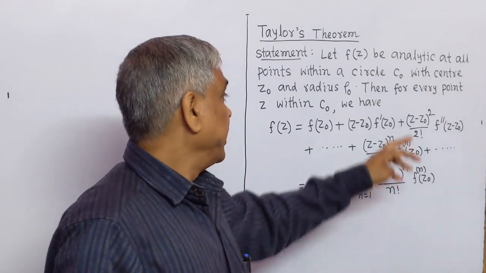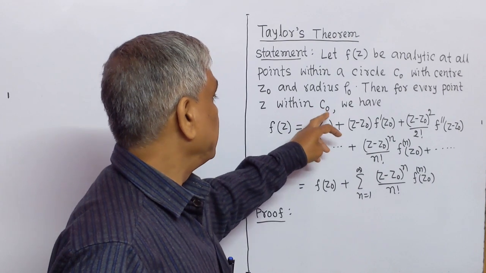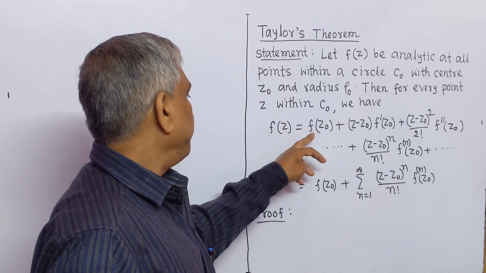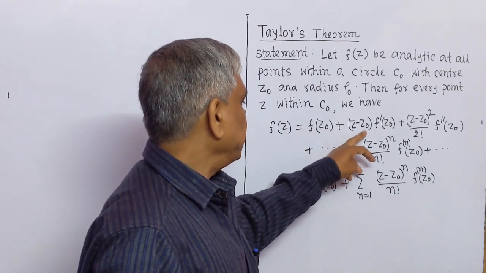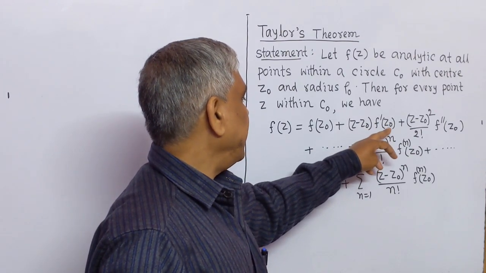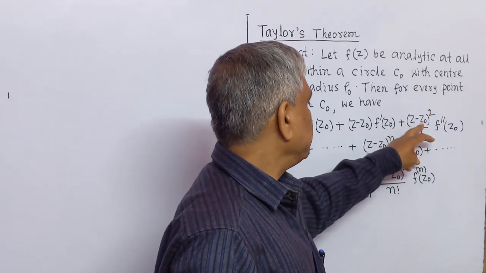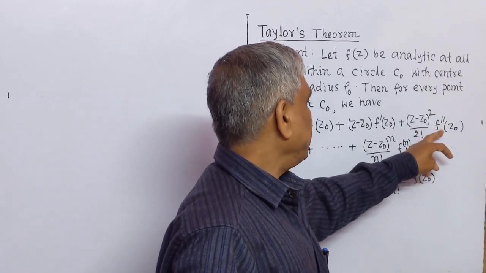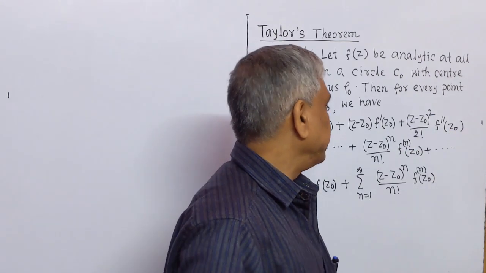Then for every point Z within the circle C0, we have function of Z equal to function of Z0 plus Z minus Z0, first order derivative of function of z at the point z equal to z0, plus z minus z0 whole square by factorial 2 multiply second order derivative of function of z at the point z equal to z0, plus